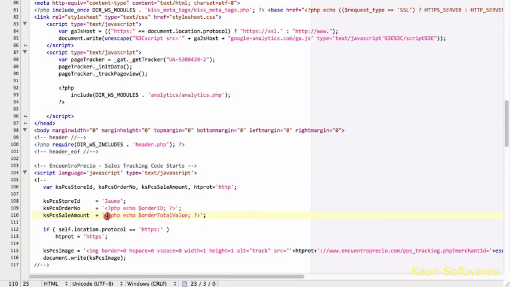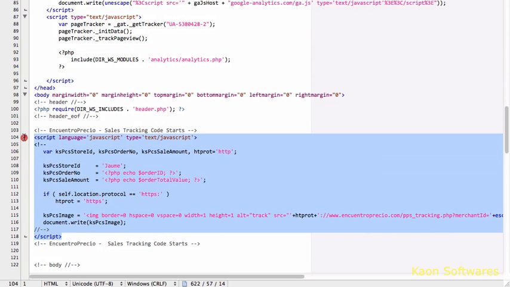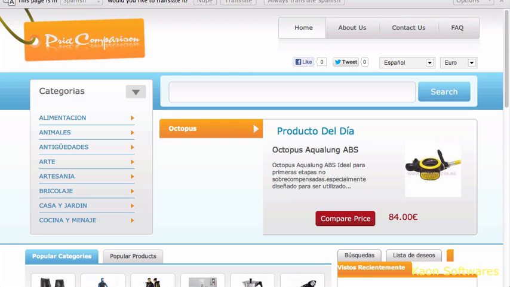Basically this thing is technical. If you are not a webmaster yourself, you can just ignore it and pass these instructions to a webmaster who is working for you, and he can do it for you. Anyways, once I have entered the proper code, I just upload this file to my shopping cart, and after that the tracking will work perfectly.